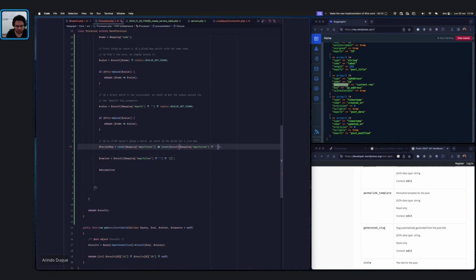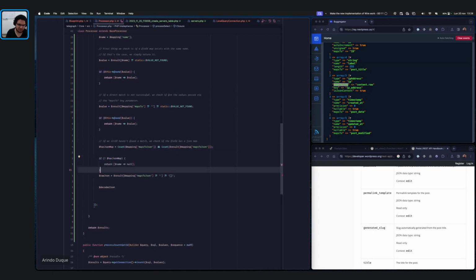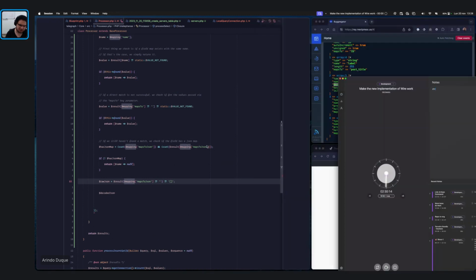So we only want to get to this point if we have a valid JSON map. And here we maybe don't want to return, yeah, we can do this. Raw JSON,